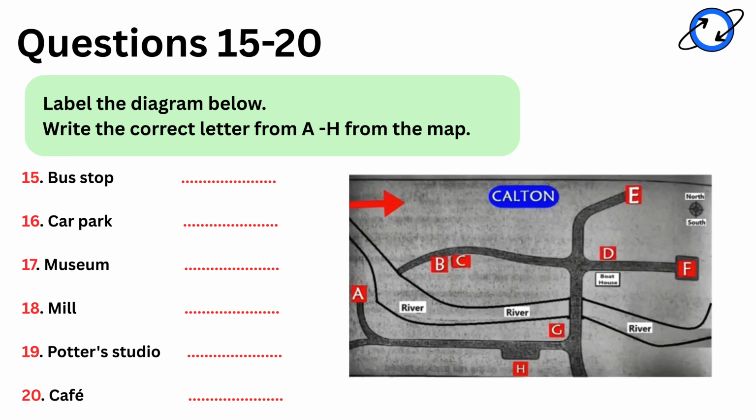Turn left before you come to the bridge. Then go straight on and then take the first turning on the right. This leads straight there. If you're interested in arts and crafts, there's a potter's studio where you can watch the artist at work. After crossing the bridge, turn left, and it's the second building on the left.